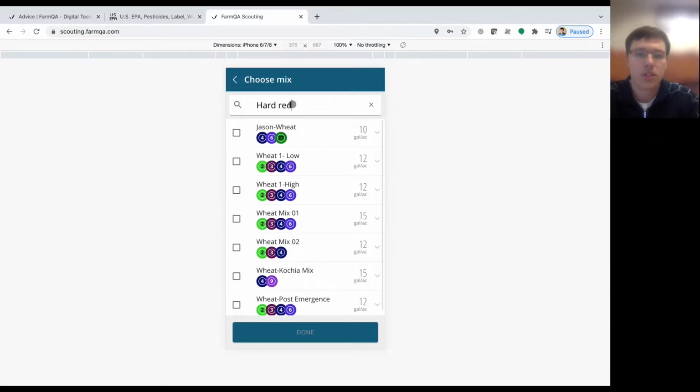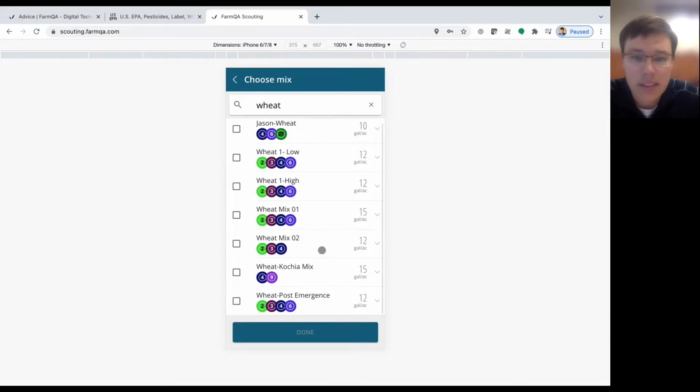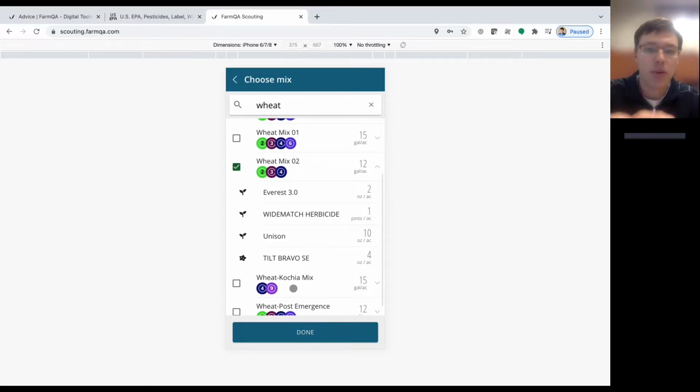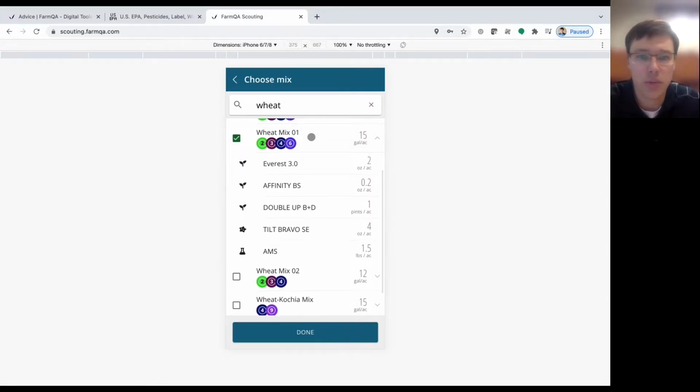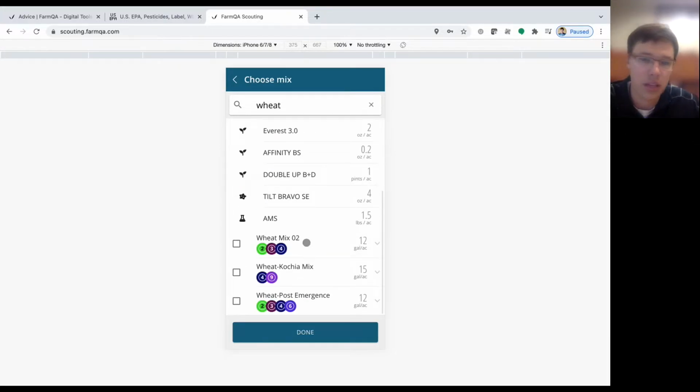I'm going to search this for my wheat mixes, and actually I'll type in wheat here so you can see my wheat mixes listed out. If I select any one of my mixes, you get a preview of what that mix includes. In this case, you can see those products I created. We could jump over to wheat mix 1, etc., and view these